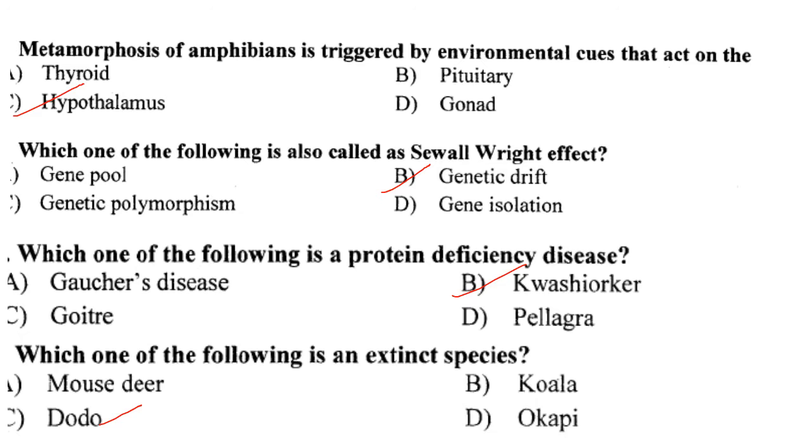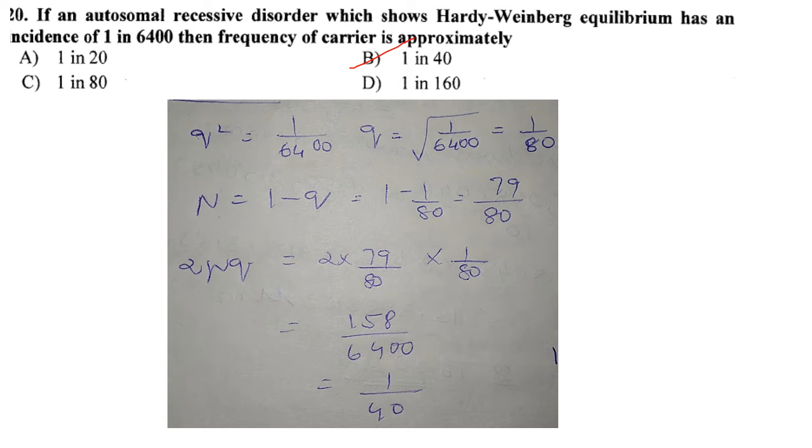Answer is option B. Which one of the following is a protein deficiency disease? So out of these, Kwashiorkor is a protein deficiency disease. Answer is option B. Then which one of the following is an extinct species? Dodo is an extinct species. Answer is option C. Then, if an autosomal recessive disorder showing Hardy-Weinberg equilibrium has an